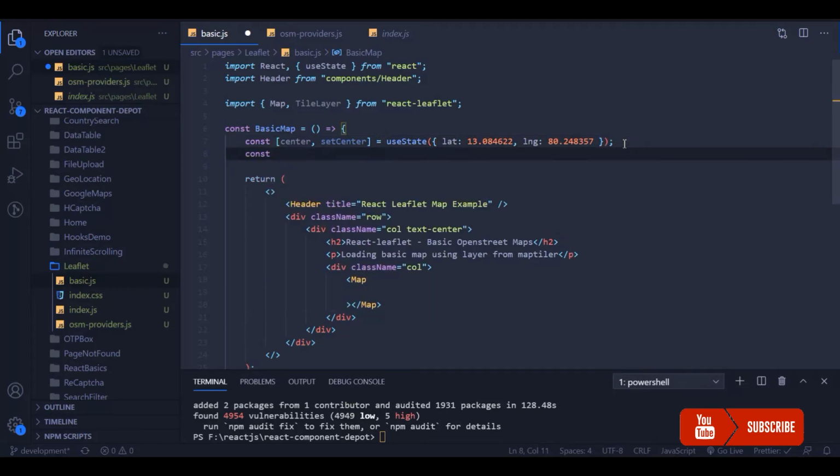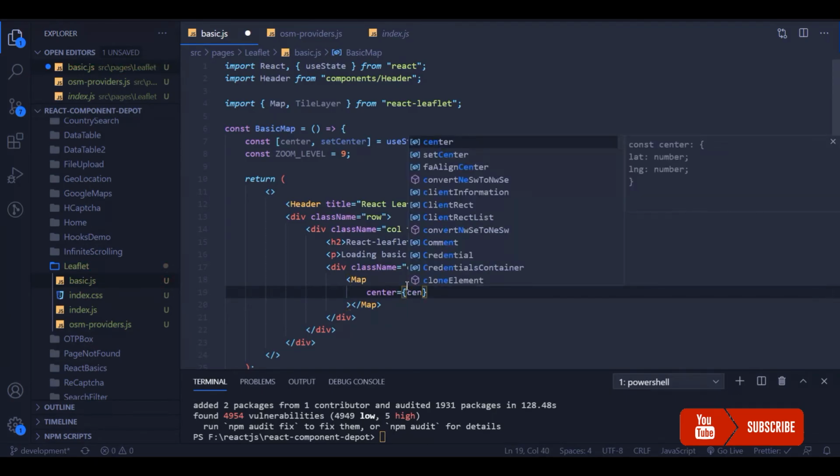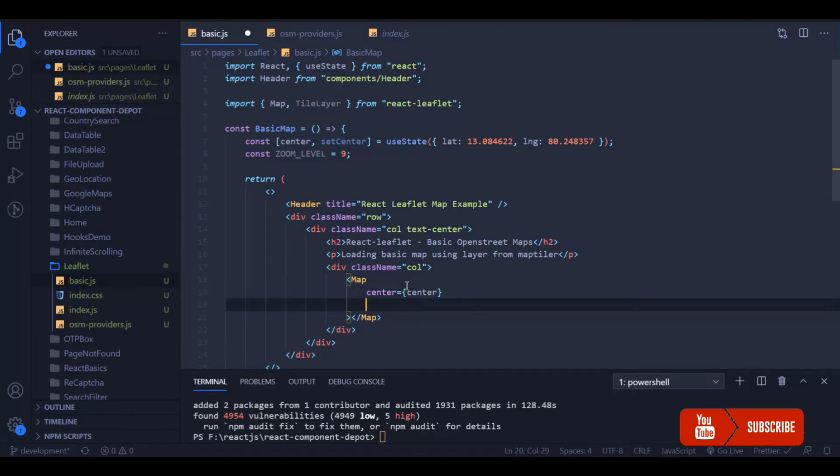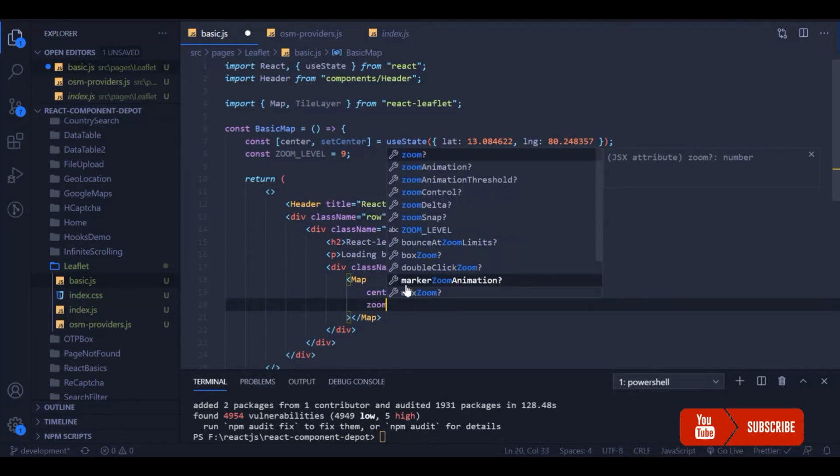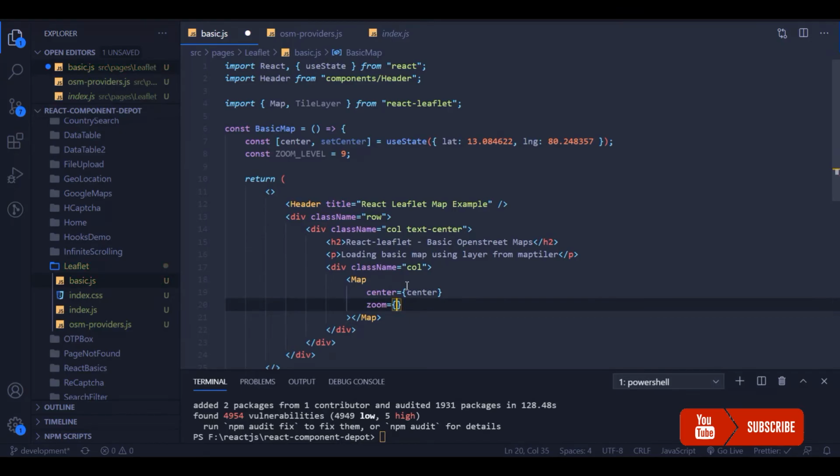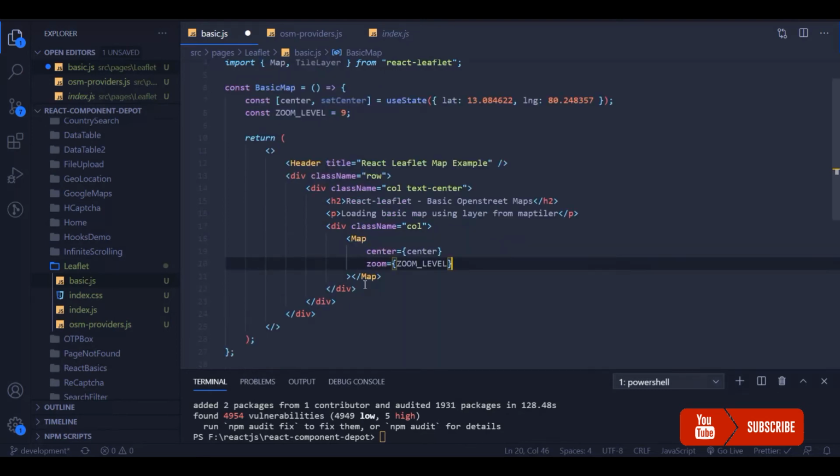Once this is done, you also need a default zoom level for the application. So we'll pass the center coordinates, and then we'll also pass the zoom level. By default, the map will be loaded with these coordinates as the center and the zoom level as 9.